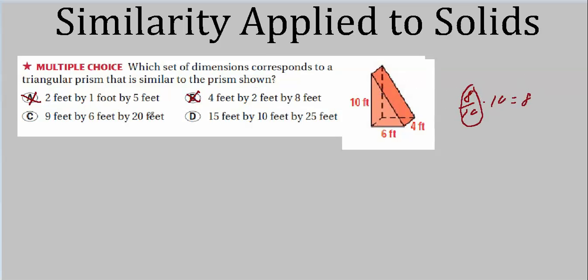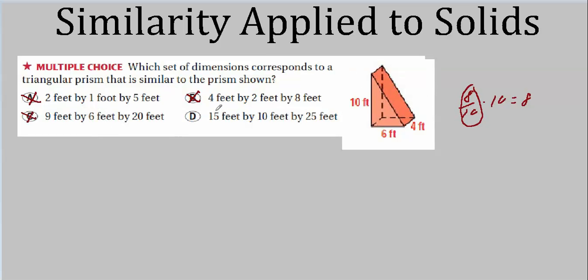Check this one. This is the biggest one. That corresponds to the largest one over here. That uses a scale factor of 2 to get from here to here. What about the smallest one? That's 6. So 2 times 4 would be 8. Well, that's no good, because 8's not 6. You can tell I've been to school. I know that 8 is not 6. So that's no good. Well, we got one left.